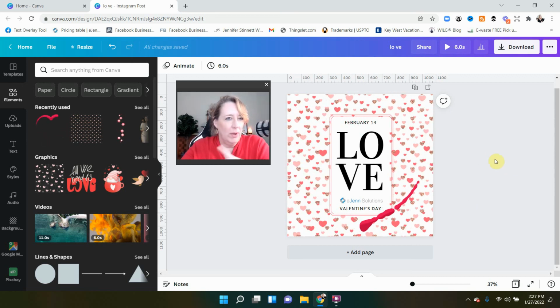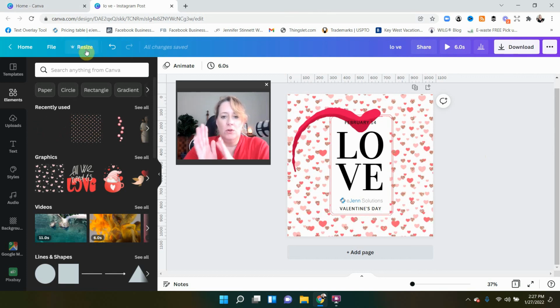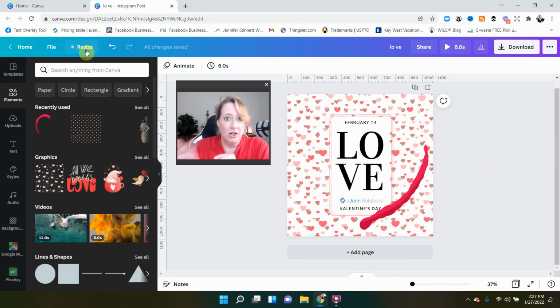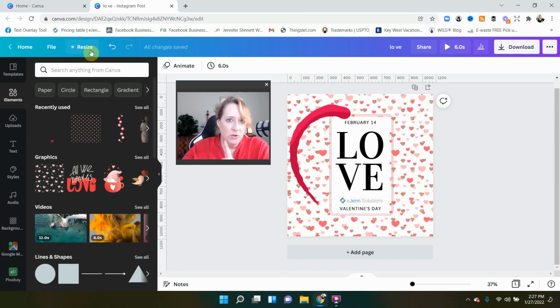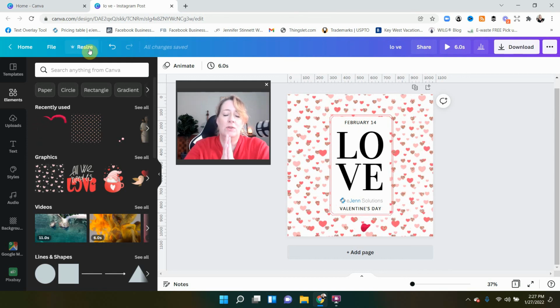One little quick tip that I want to share with you is, let's say you want to also do this in an Instagram story size. You can easily do it. If you like how you created this, but you just need a different format, in the Pro version only, you will have the option to resize. And let me tell you, this will make your life so much easier, because once you have the base of the creation that you have made, you can then easily transform it into different sizes.